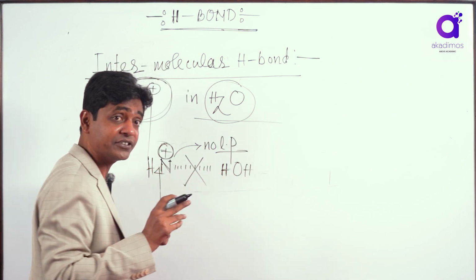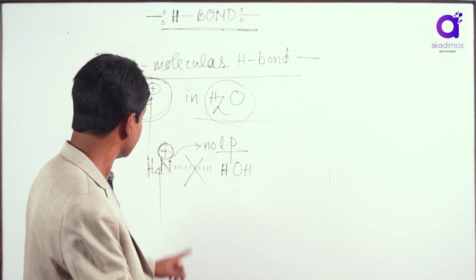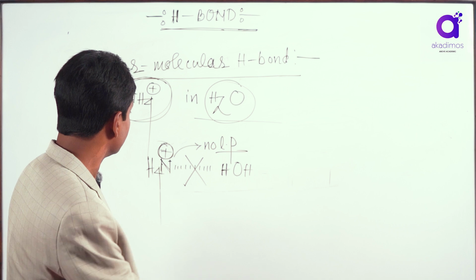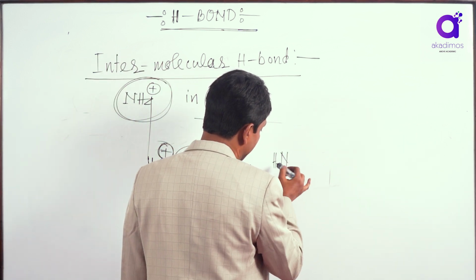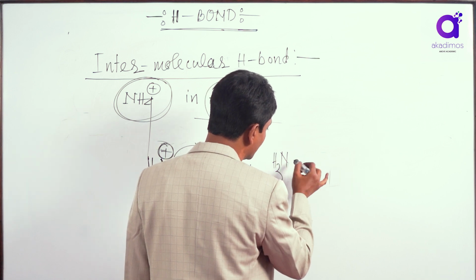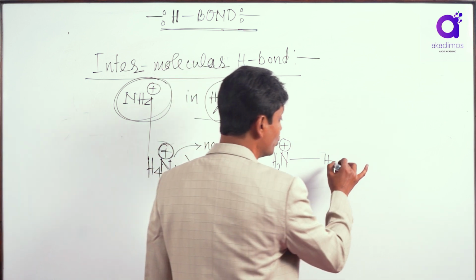Lone pair is the criterion. Remember, it is a sigma-like overlap. And what type of hydrogen bond do we form? Here we get the hydrogen bond between the hydrogen of the ammonium ion and